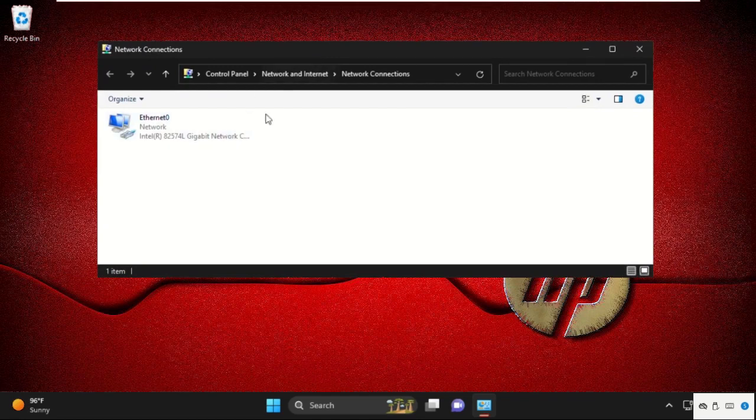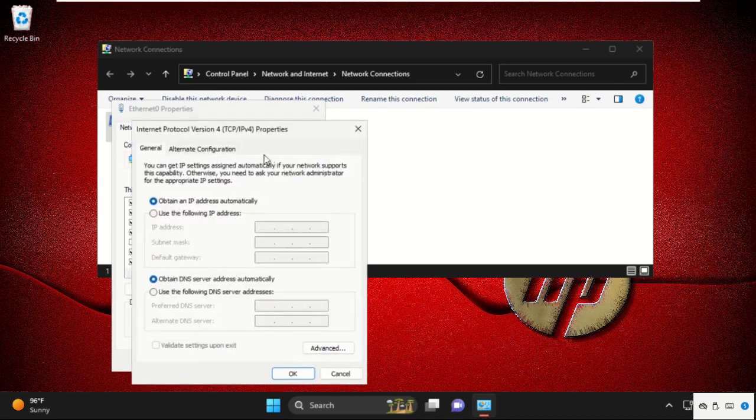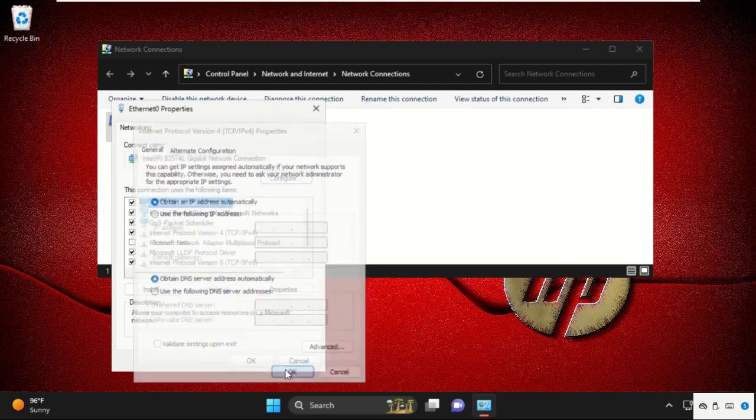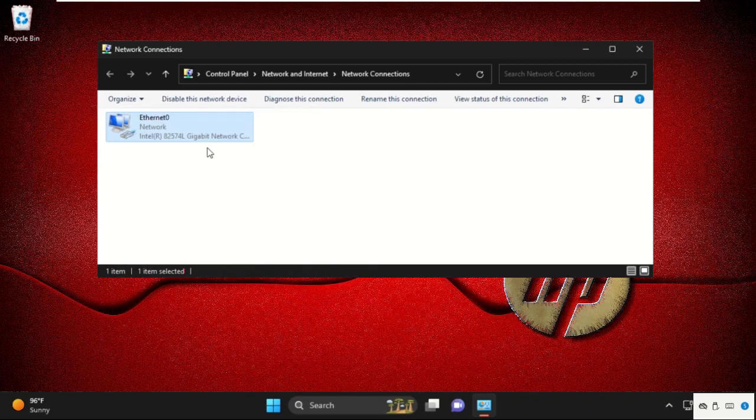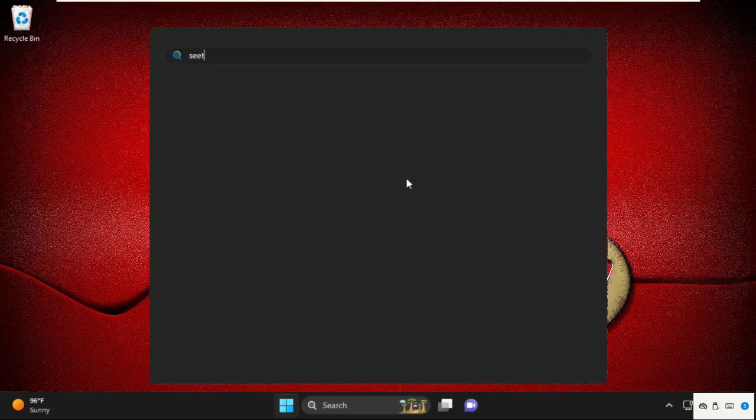In my system it's showing Ethernet, so I will right click here, select Properties, then go to IPv4. Then we need to select this, Obtain an IP address automatically, and from here select this, then click on OK. Then close this window. Again, go to settings,